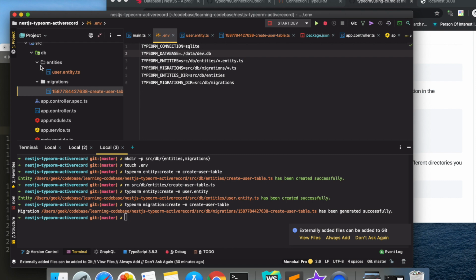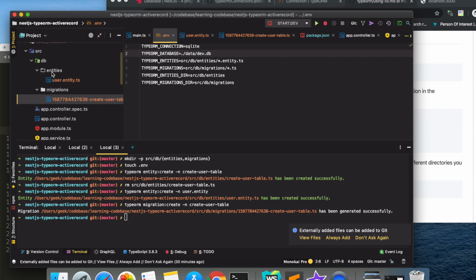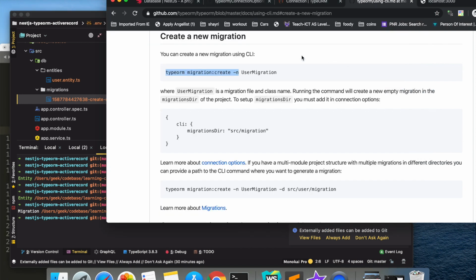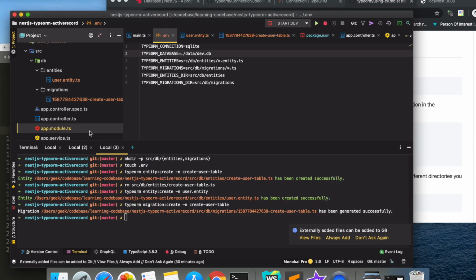Then we have created a separate folder for entities and migrations, and we have run our script using the TypeORM CLI to generate a user entity and a migration to create the user table. In the next video we are going to see how to write a query to create the actual table with some columns and add those columns in the user entity.